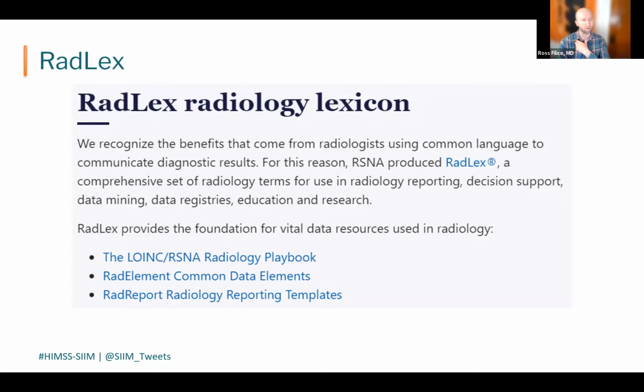I think many people on this call are probably familiar, but RadLex has been around now for about 20 years. It's an RSNA initiative to try and standardize radiology terminology to fill in some of the deficiencies that we saw in other standard terminologies like SNOMED. And it started out just as an ontology of entities, but since about, I think it was 2008,